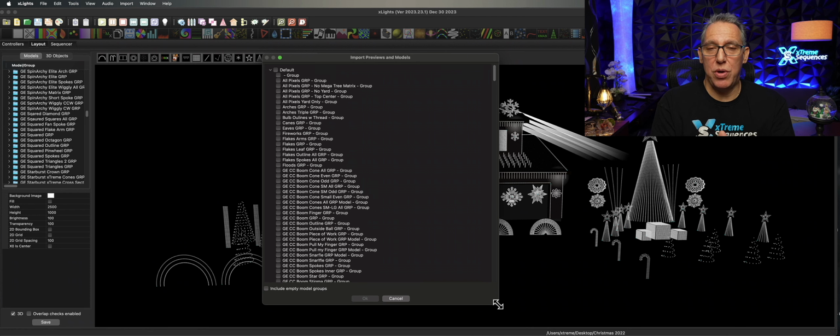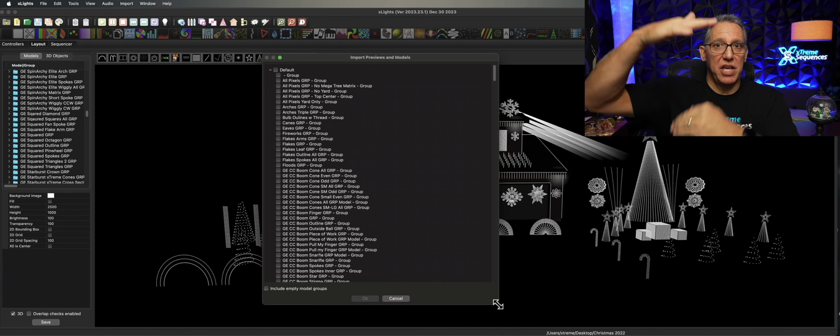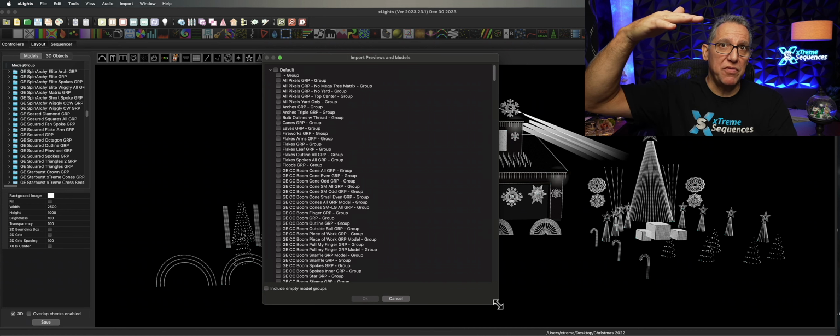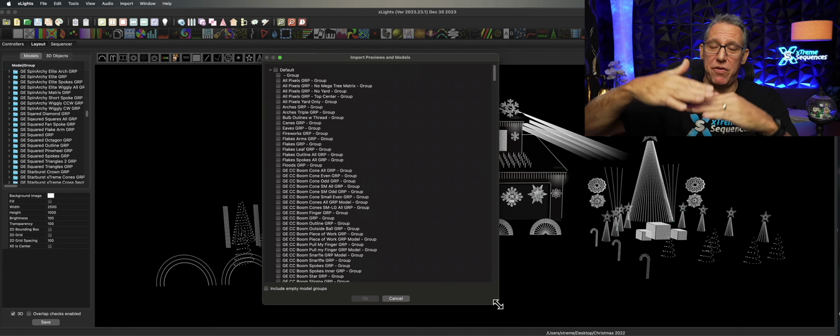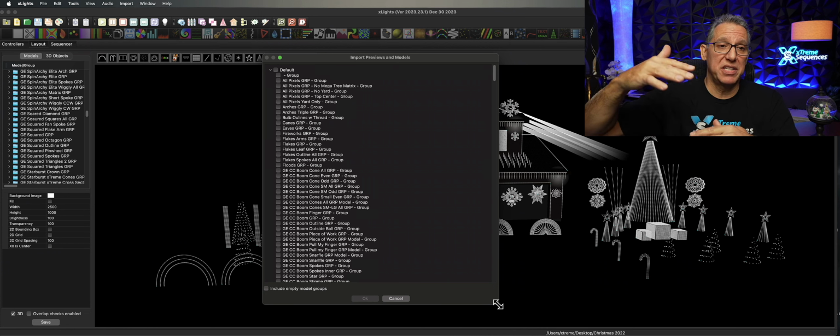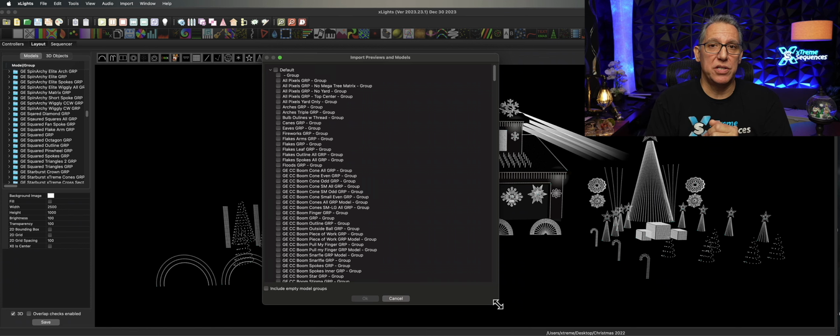Second, once you do have it in there, you need to replace the model with the model. So why don't we just skip that and replace the model with the model. We will be doing an import, but it won't be import previews and models. We'll do that when we get to the views and edit display elements. And you're going to see how wonderful that is to place everything in order for you. Because I changed the orders of some of these models. So for 2024, my sequences are going to have a very specific order. So if you want them to look exactly the same, you're going to want to know how to do this.